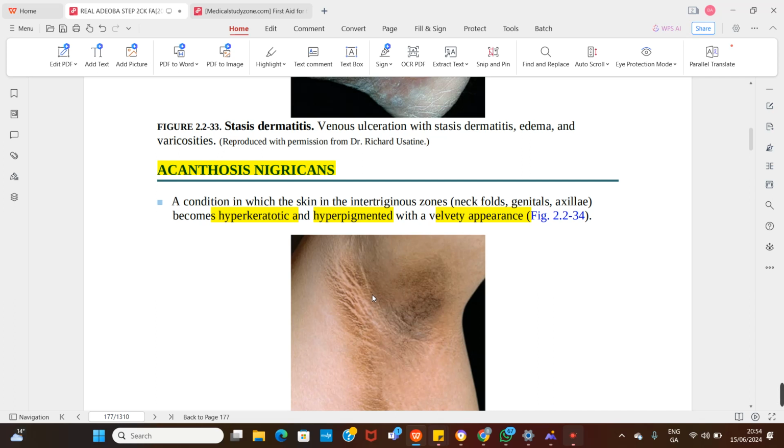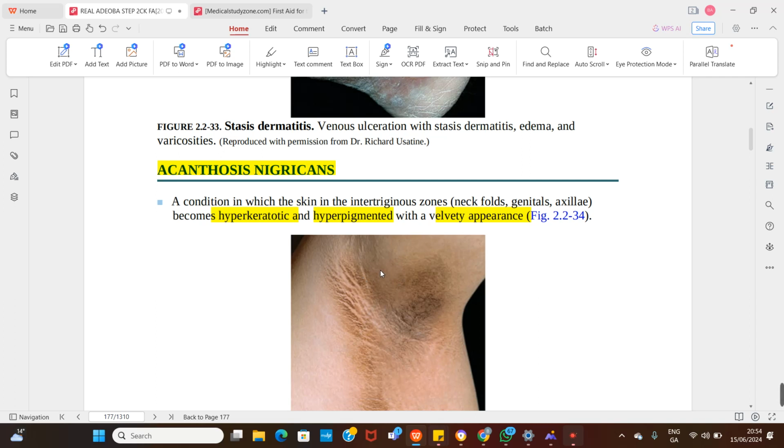The next thing you want to do is to go and look for the BMI. What is this patient's BMI? Is it more than 30? Yeah, this patient is obese. So this is a cause. Now, what is the major implicating factor for this acanthosis nigricans, the hyperkeratosis and the hyperpigmentation? It is increased